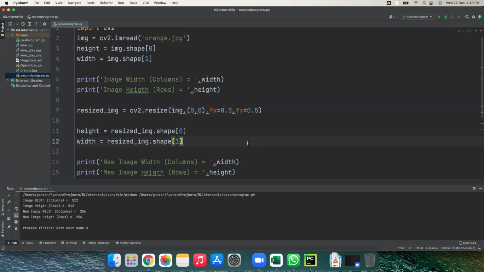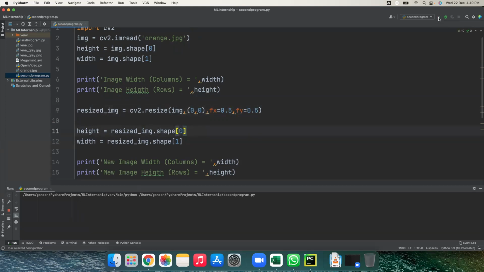It means whatever the width is, you take only 50% of the available width, and whatever the height is, only 50% of the available height. 50% means 256.